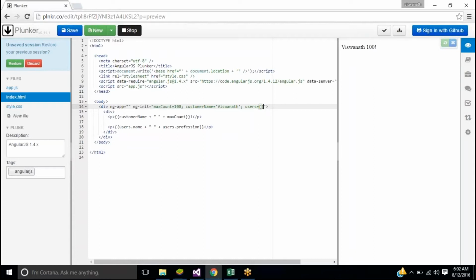How do I do that? Let's say users, and then square braces, is equal to, we'll enter the values in the curly braces, like this?